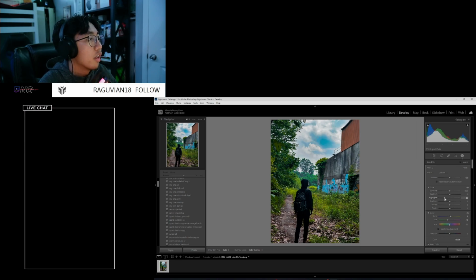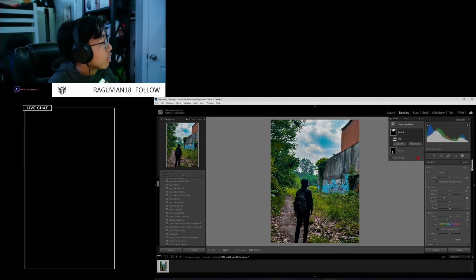I will cut down the highlights, shadows a little bit. I'm gonna leave as default. Whites, I'm definitely gonna cut down. Maybe like around 5 or 7 blacks. I will boost it just by up 2. And then